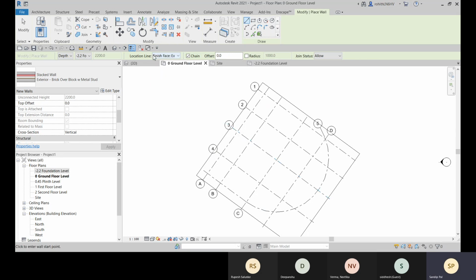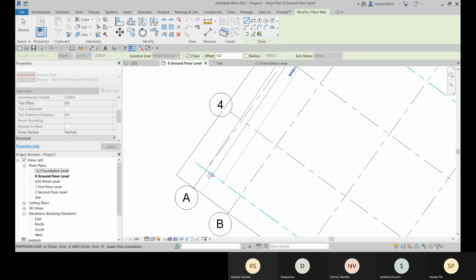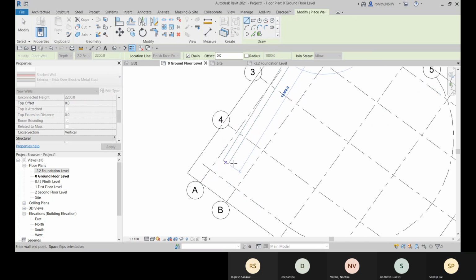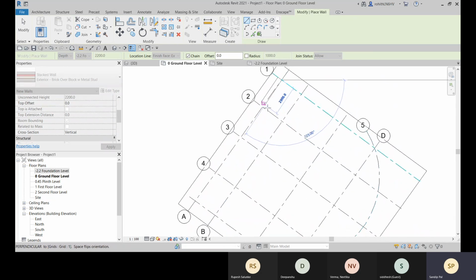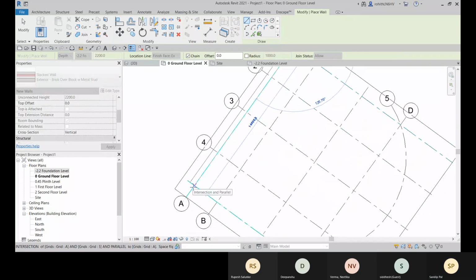So everything I will describe in the next class. So let me place. And if it is not in the right direction, you can just press space bar to change the orientation. Okay, so I'm going with that.